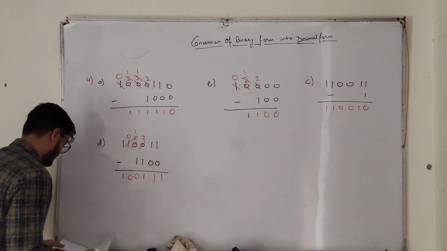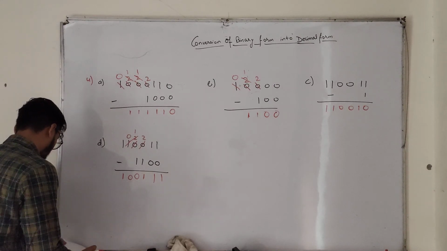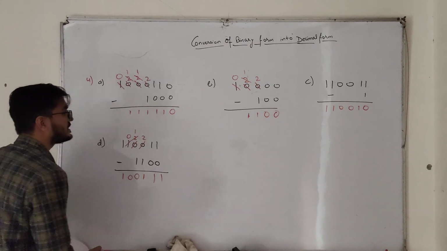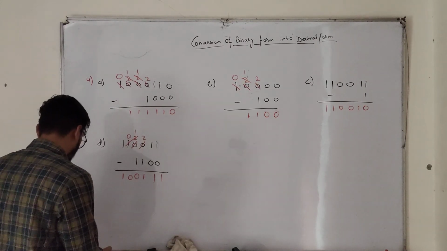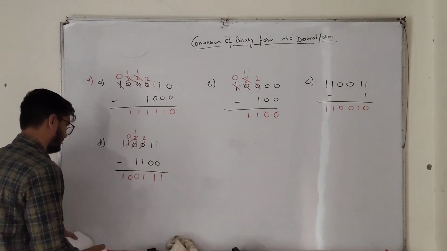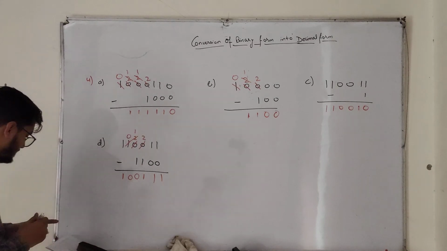Let us check the answers. So the answer of the 4th part A: 5 times 1 and 0, then 2 times 1 and 2 times 0, then 1 1 0 0 1 0, then 1 0 0 1 1 1. So absolutely correct. So this is how we have done the subtraction.